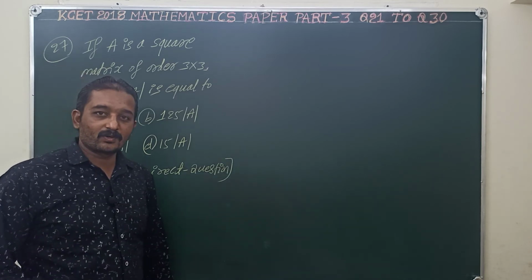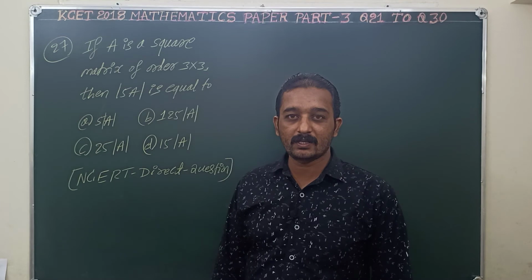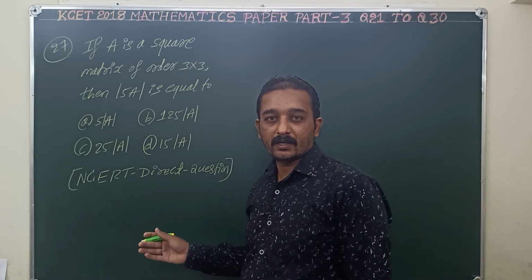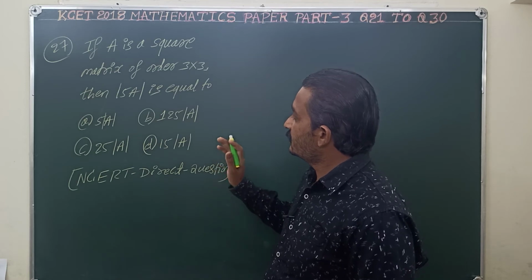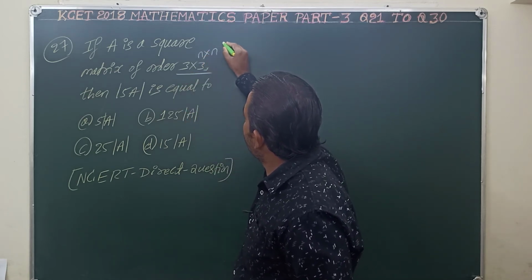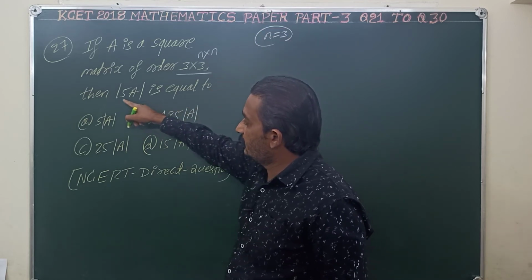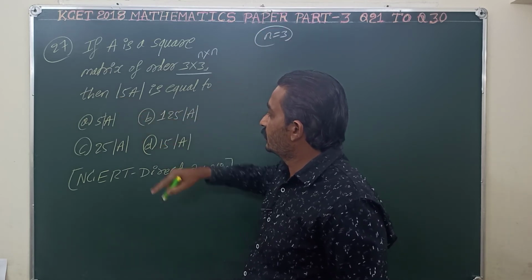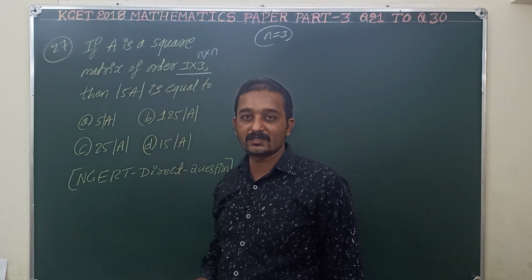So now let us move on to the next question, question number 27. This question is once again based on the chapter determinants, particularly properties of determinants. So let us see the question. If A is a square matrix of order 3 cross 3, nothing but n cross n, here n is 3, then find the determinant of 5A. This is a repeated question, only the numerical value changes in